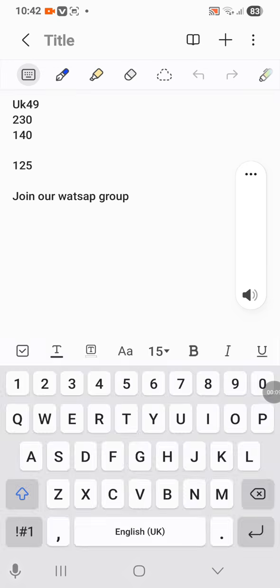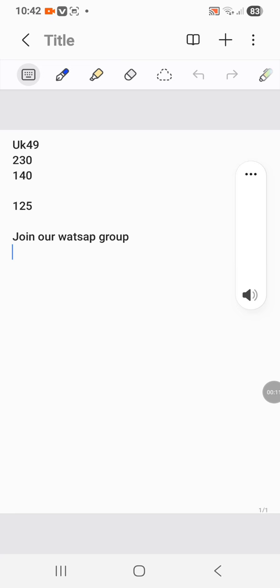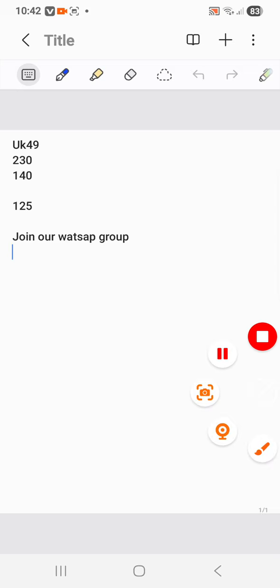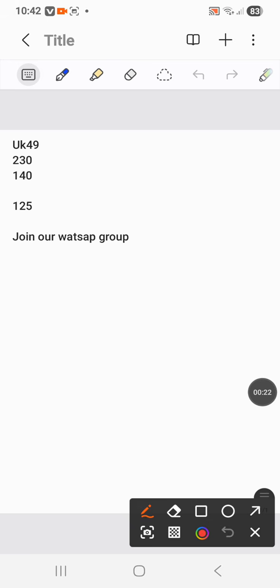So let us do UK Fortnines. Today we've got Mega Million, so you guys must get ready as well. We can't just be doing UK only, we also have to play other draws like Mega Million. Okay, cool. So what I'm going to do here is I'm starting with this code 230.